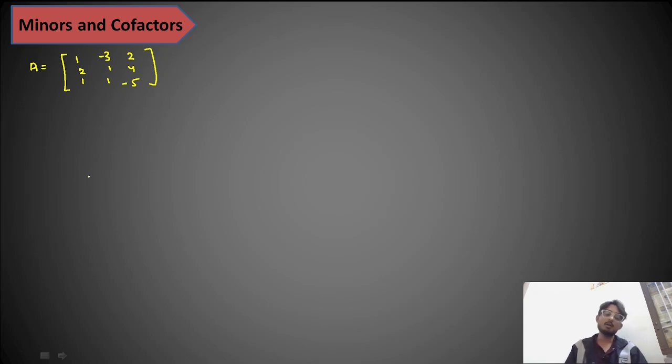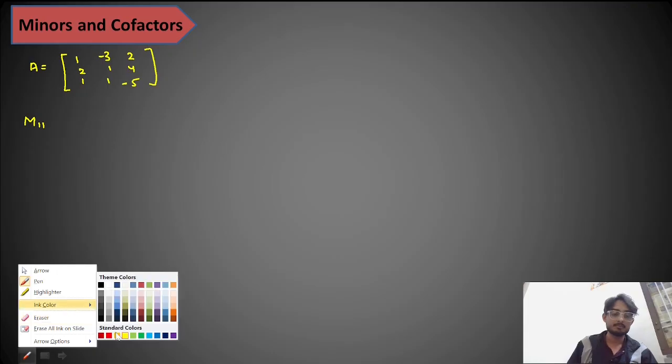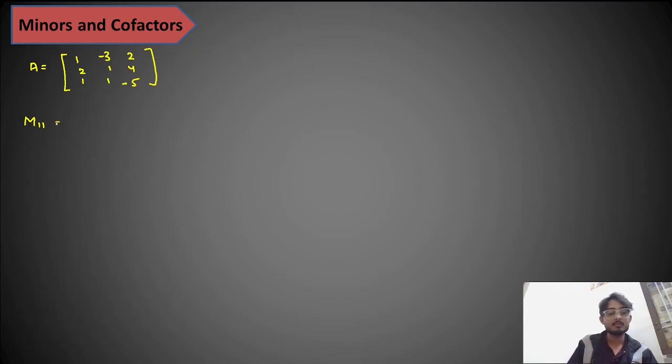Okay. So if I ask you to find a minor of any element of this matrix, how can you find it? You can find it by this method, and you write the minor as M11. How can you find this? By eliminating the corresponding row and column of this element. So here 11 means first row and first column. This row and this column will be eliminated, and you will get 1 1, 4 and minus 5. When you solve this, you get 5 ones are 5, minus, and 4 ones are 4. Minus 5 minus 4 equals minus 9.